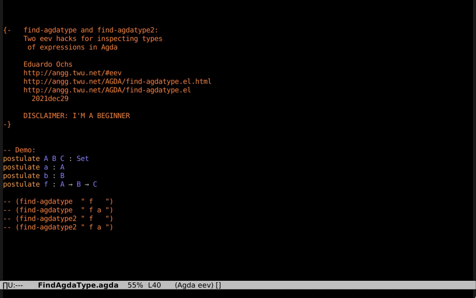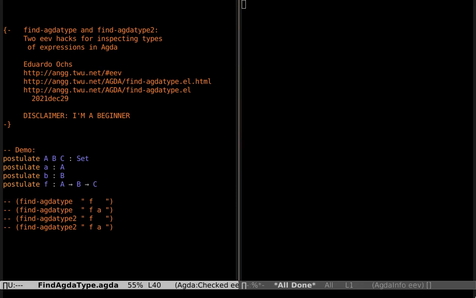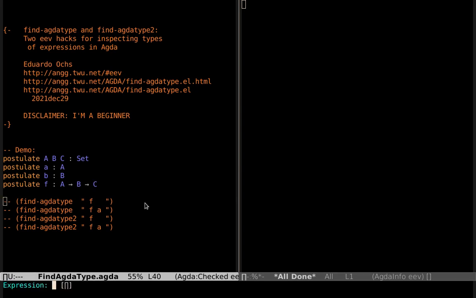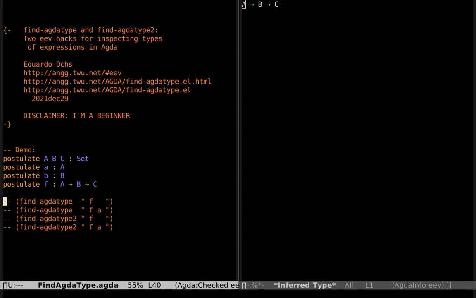Let me first type Ctrl+C, Ctrl+L to make Agda load this file. It says that everything is okay, the file was loaded okay, no errors. And if I execute this, the effect of it is that it goes to the beginning of the line, which is equivalent to going to the beginning of the line and then typing Ctrl+C, Ctrl+D, and then this expression here. And then we type enter, and it says the type of the expression here at the right, in a window called inferred type. If I execute this expression,